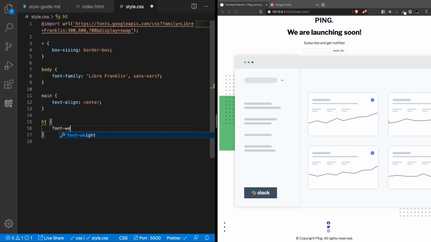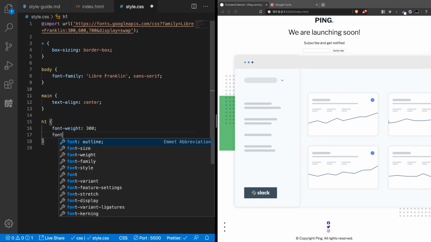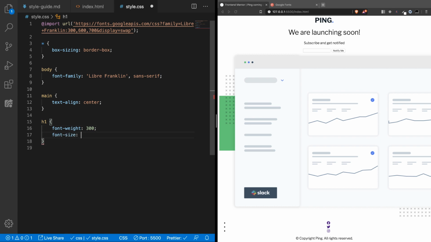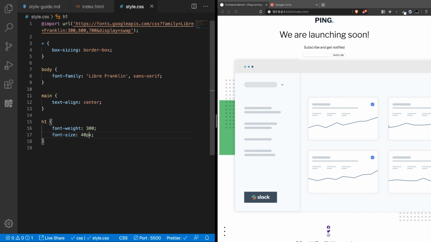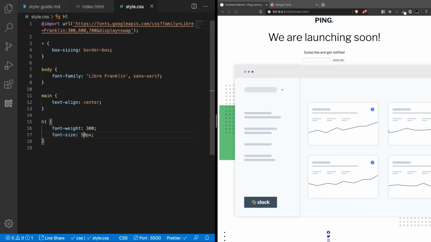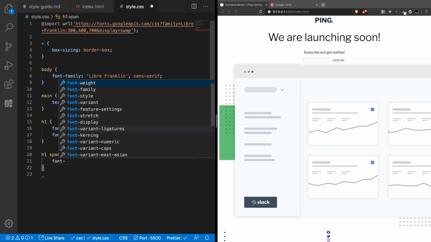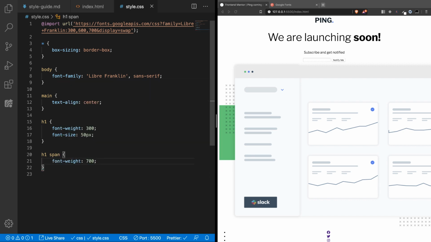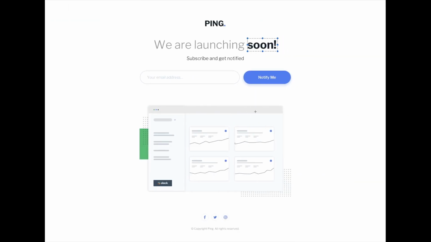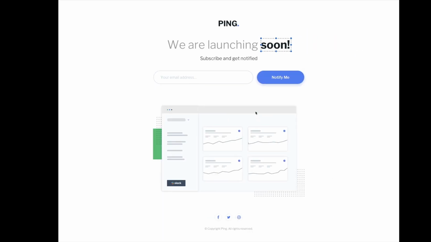Alright, font weight should be 300. Now font size also should be bigger, 40 pixels, maybe more, 50 pixels. Okay, an H1 span should be font weight 700. Alright, nice. And this color is